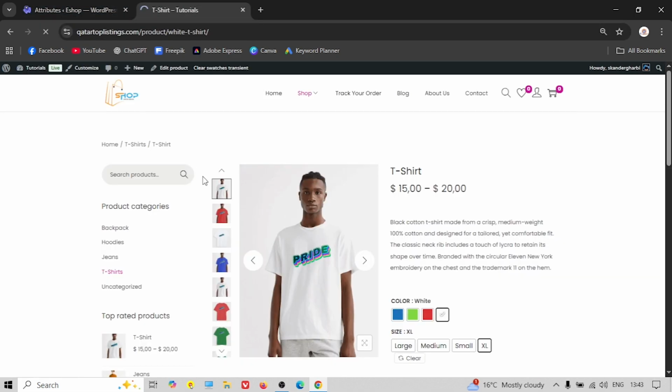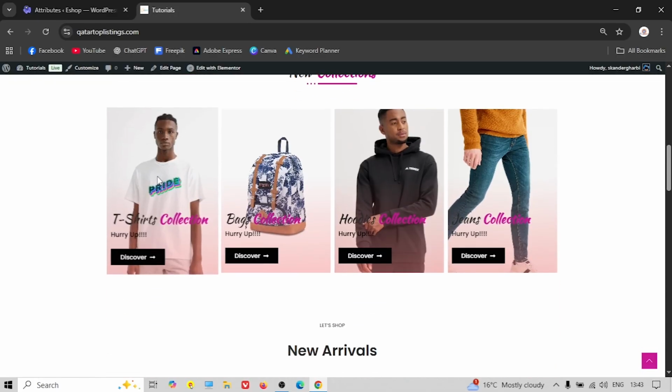This is only one example, but if you have different attributes, let's say for bags, you also have different colors. You can create an attribute for the bag's color, let's say white, purple, or any different color. Also for the hoodies, if you want to have many sizes. Also for the jeans, the sizes are different. The length of the size, you can create an attribute. Let's say, for example, you create an attribute for the waist with different sizes, 30, 31, 32, and the length